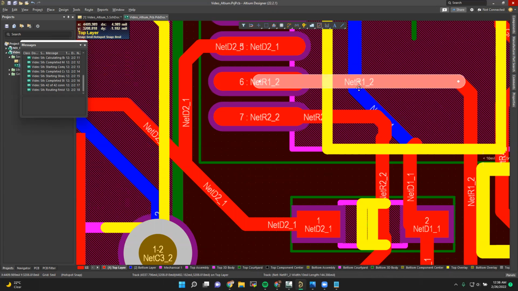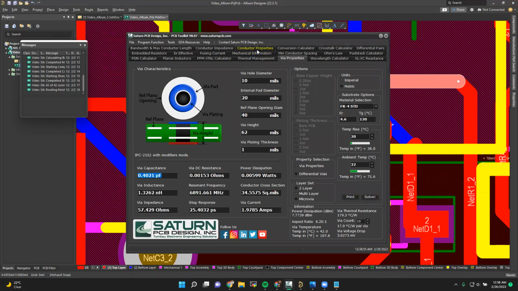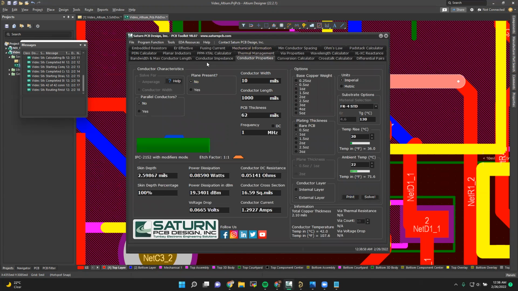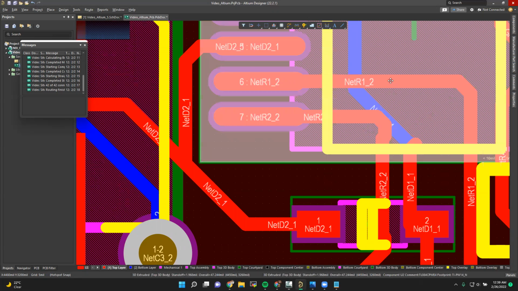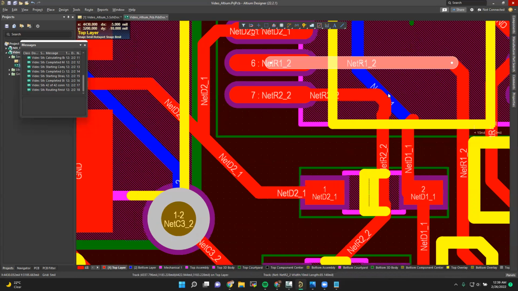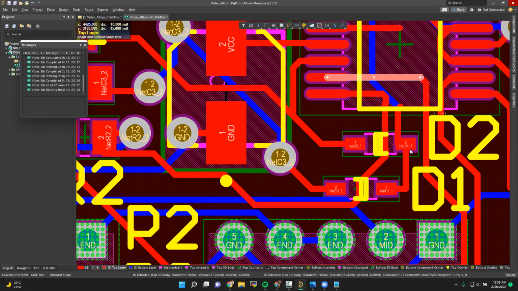So you should have signal traces as far apart as you can have them. You can also use this app to calculate those. I think it's these. No, it's not conductor properties. Like differential pairs. If you have differential pairs, you can calculate them here. You can say you want to have 100 ohms, so your width should be this, and it's going to calculate the size of the trace, I think. And there are also tools here on Altium to measure the trace length, because trace length is going to matter if you have really